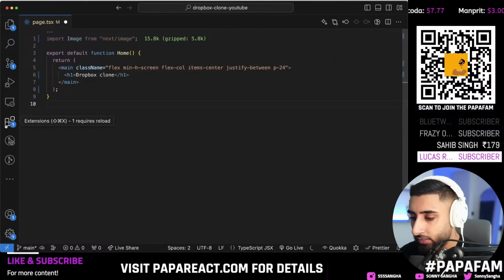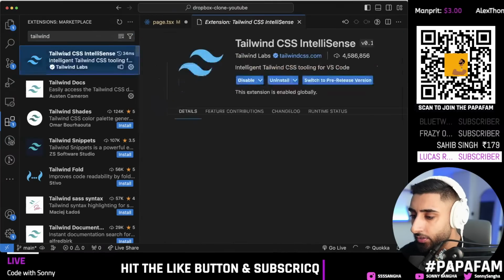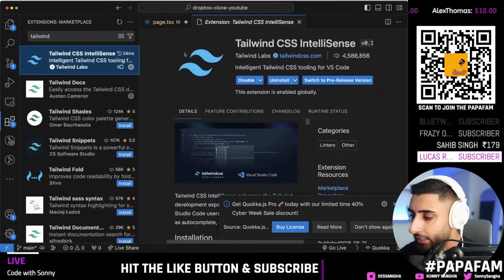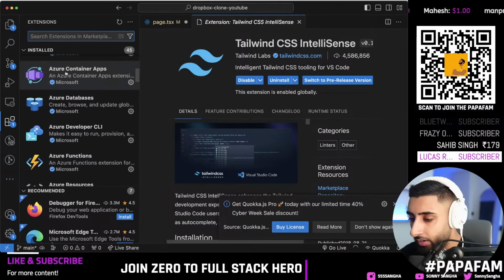And the way you get that is you simply head over to extensions, type in Tailwind, and all I need you to do is go ahead and click install on this. Okay, click install on this, and you're going to get all of those additional helper suggestions, all that kind of stuff. Now, once you're here, I'm also going to get you to install my favorite, which is actually